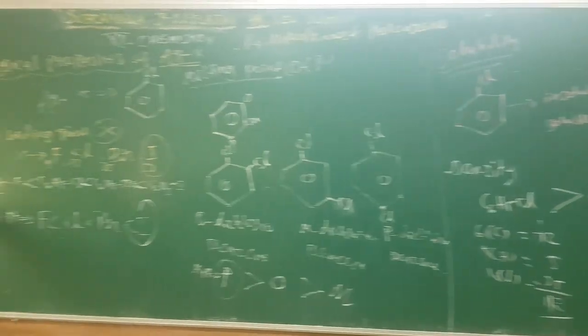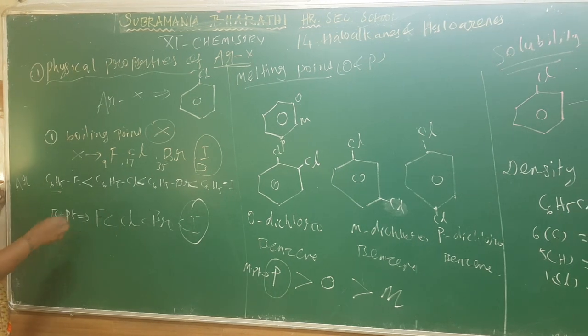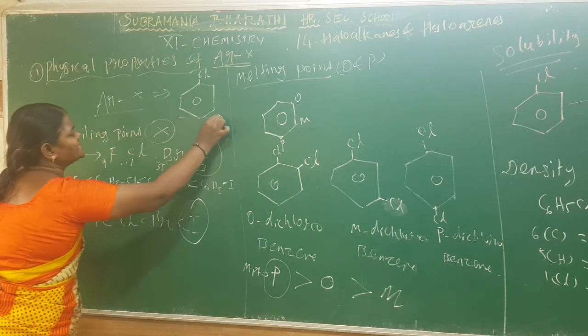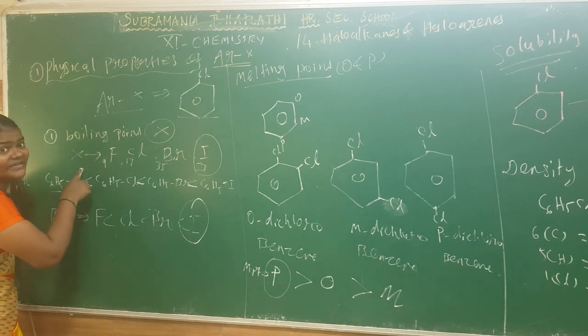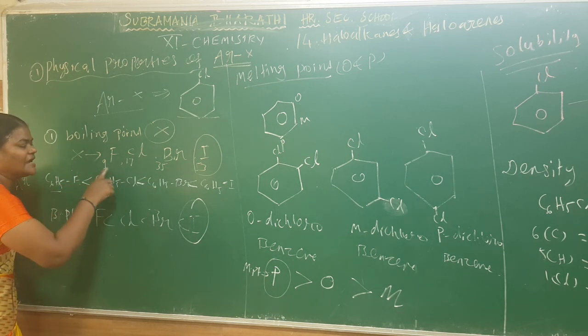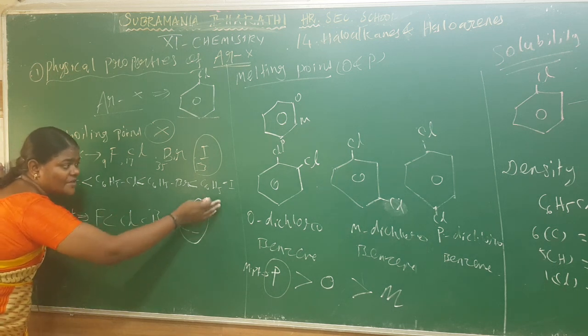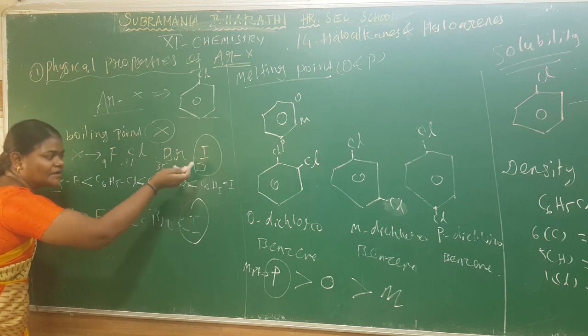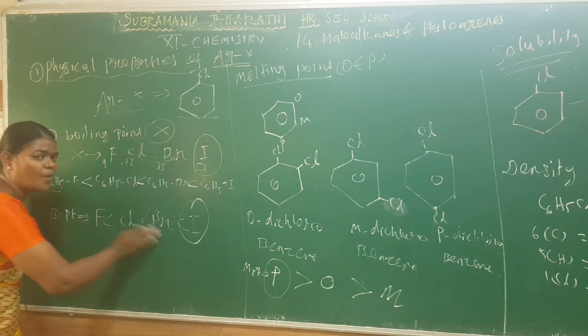In this video: what are the physical properties of haloarenes? Very important points, also for 5 marks. Generally, haloarenes are represented in this form. What is the boiling point of haloarenes? There are four halogen elements; I can write them by atomic number. When attached to the phenyl group, the benzene ring, the compound with higher atomic mass or atomic number attached to the aromatic ring has a higher boiling point.